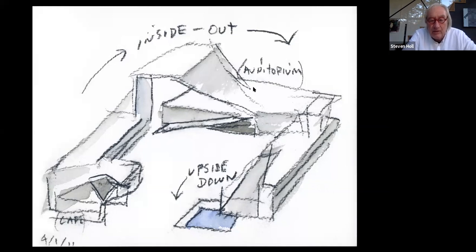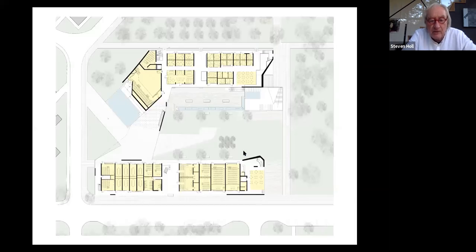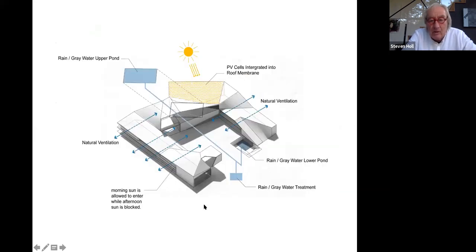So it's a courtyard building forming a green quadrangle for the campus and completing the wonderful road or master plan of the University of Bogota. These are some studies about how to turn the building inside out. You can see all the classrooms are accessible from the outside. So you can just walk to a classroom, up a ramp and down an outside balcony. It's all solar cells on the roof, rain and gray water ponds,